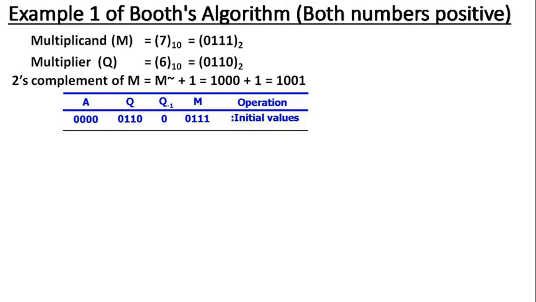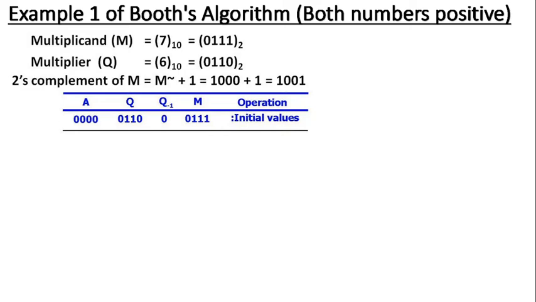Keep in your mind that this particular line of initial values is not a part of your iterations. The iterations will follow below that black line. So these are the initial values. Then what are these initial values used for? They are used just to check the action of Booth's algorithm during the first iteration, and that is based on the Q0 and Q minus 1 bits.